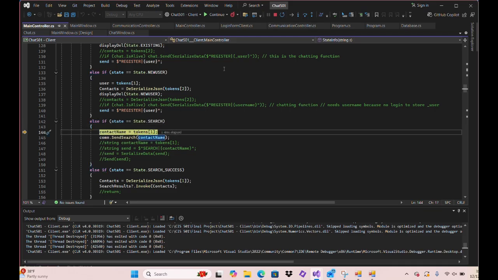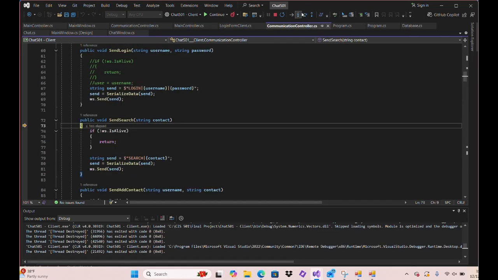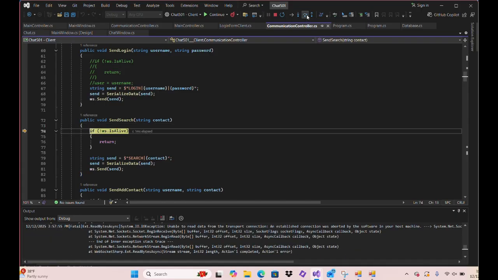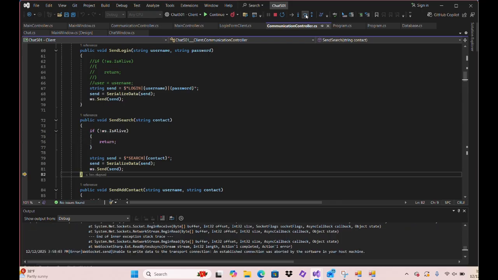And then it'll assign the contact name for it to be sent from our array. And then from here, we can send the search to our communication controller, which is going to be this method that we use to send. It'll check to make sure that the WebSocket's still running. And then if it's not,